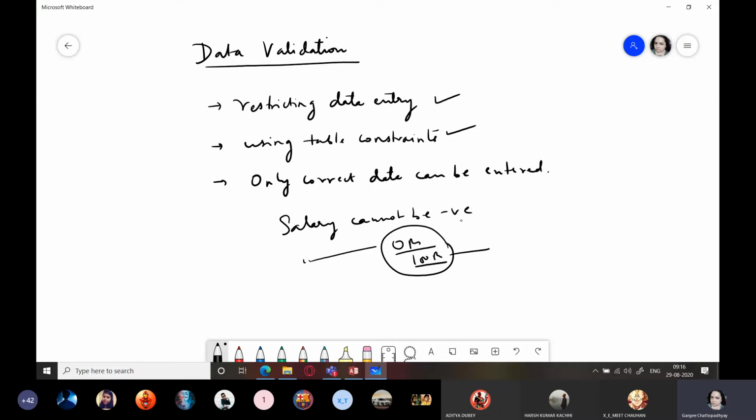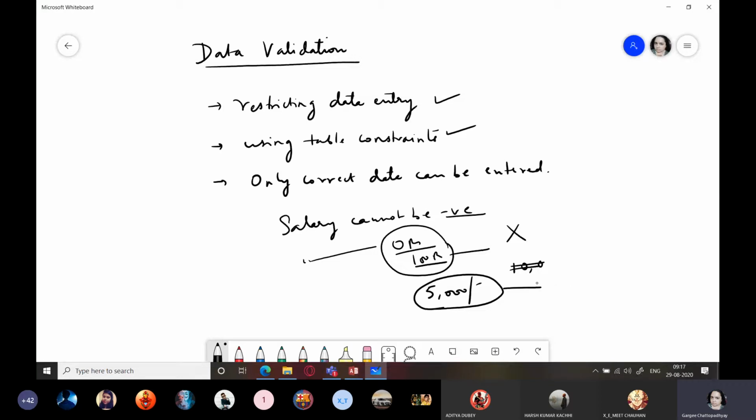Can salary be 0? Can it be a negative number? Answer is no. So minimum salary you can fix as, say, the employee who works at the lowest level of hierarchy gets 5,000 as the salary. कम से कम 5,000 रुपए की salary तो होनी ही चाहिए. So that means the lowest salary which you are fixing is 5,000.